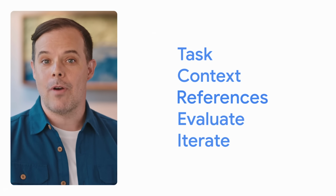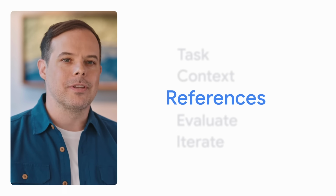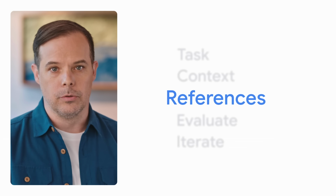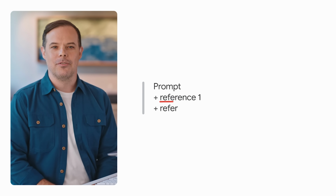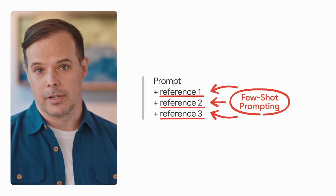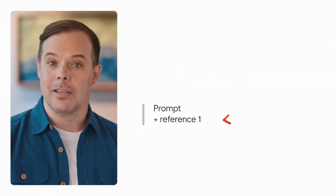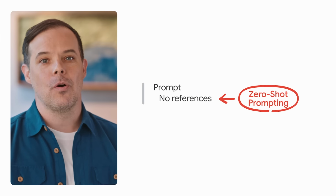So let's give references a try. References give Gen AI tools examples to work from, and that can mean asking a Gen AI tool to learn from the tone, style, or length of a given reference. Providing multiple references is also known as few-shot prompting. Shots are just references or examples, and the term is used a lot. There's also single-shot prompting, which means we're giving it one reference, and zero-shot prompting, which means we don't give the